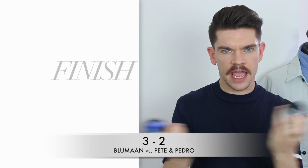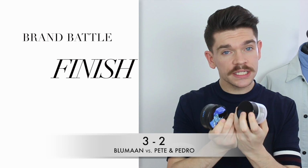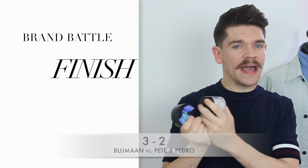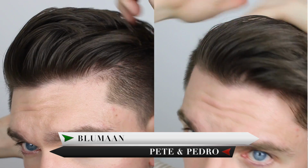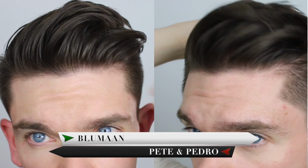Now looking at the hair, they both have good holds, and if you shake it out you can work it back in no bother. I would say the Pete and Pedro one has a slight shine to it. I know it says low shine, but really I think it's got more than a low shine. It's got a slight gloss to it. And I also find that it does go into strands, whereas the Blumaan one does give more of a natural matte finish. So the point for finish goes to